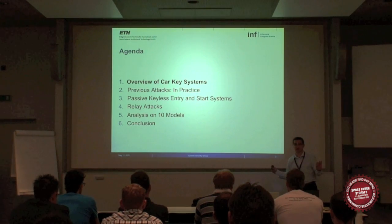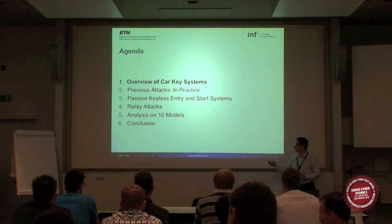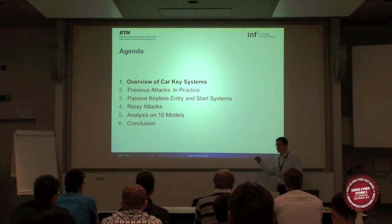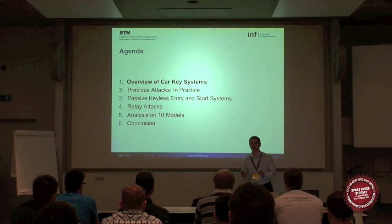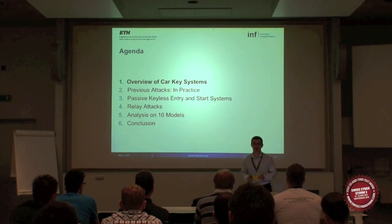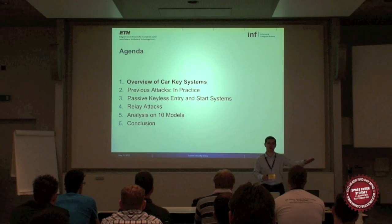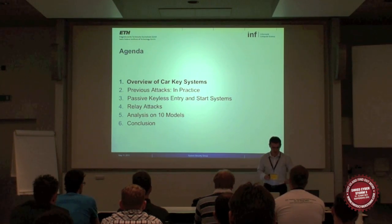All that you need is a piece of cable. Trust me, you'll see. I'll show you our analysis on 10 different car models. I'm not going to give you the names of these car manufacturers, but we haven't found a single car manufacturer that has a system that protects against these attacks, starting from cars that cost over 200,000 Swiss francs, which we tested because of some